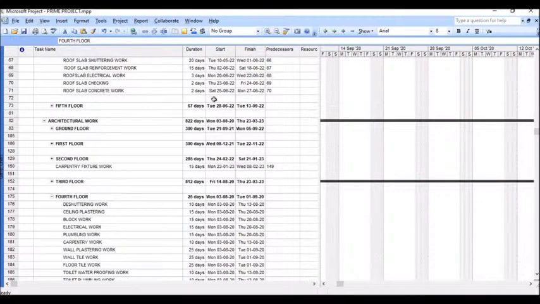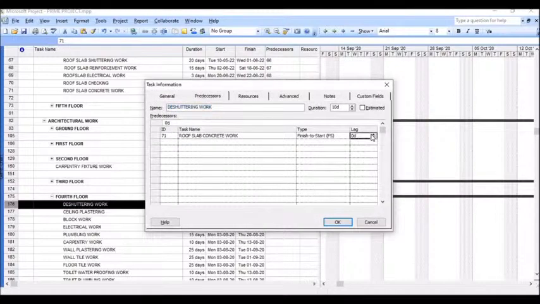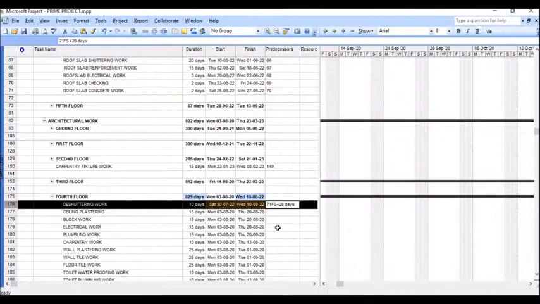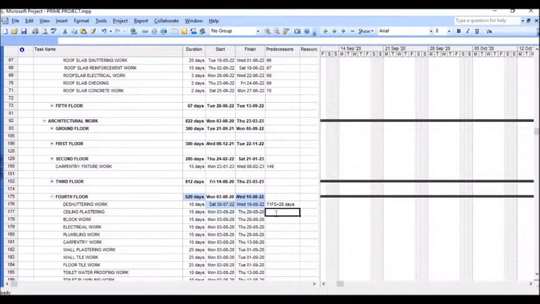Fourth floor, the concrete was cast on 25/6 and its ID is 71, predecessor code 71. Double click on it, give 28 days lag, click on OK. Then you can enter 176, 177,